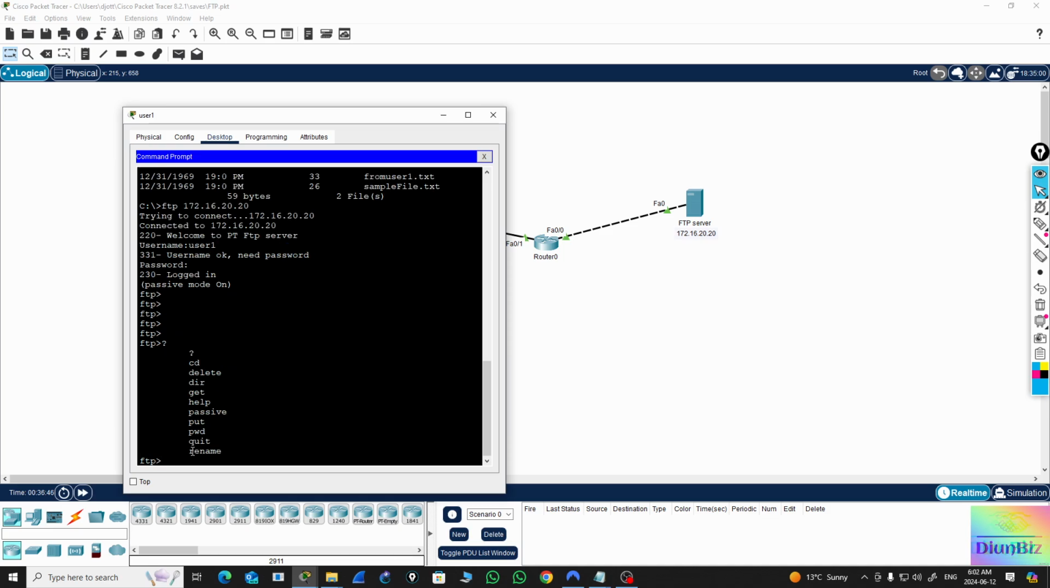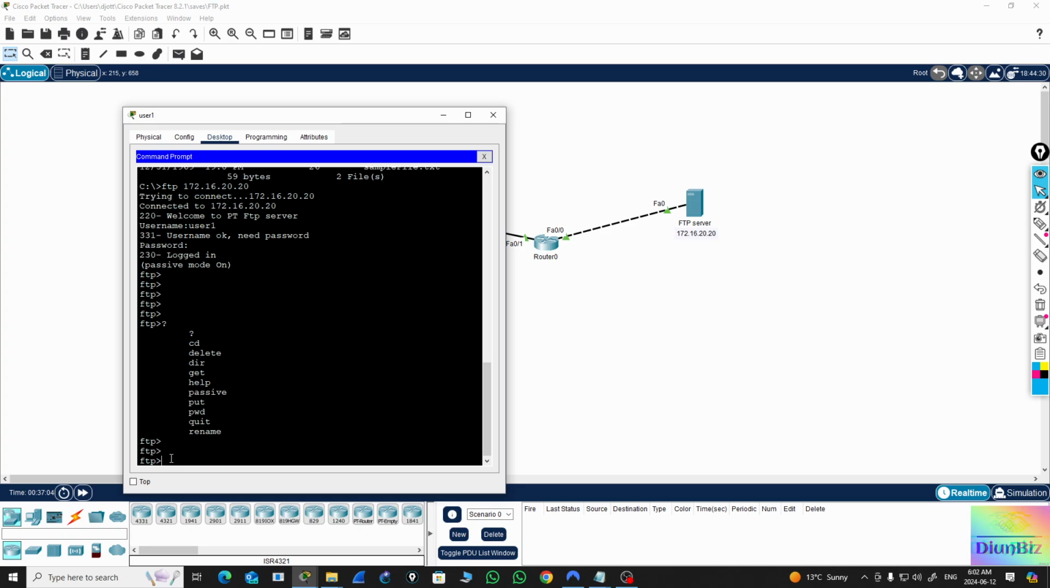We can cd into another folder, we can delete, we can do a dir command as well, we can do get, we can do help, passive, put, password. For today we're not going to do all of them. So I'll start with dir,